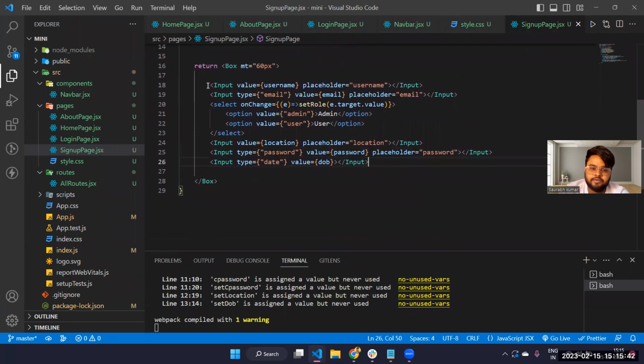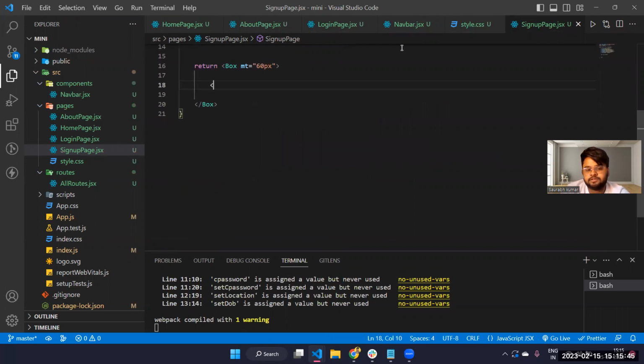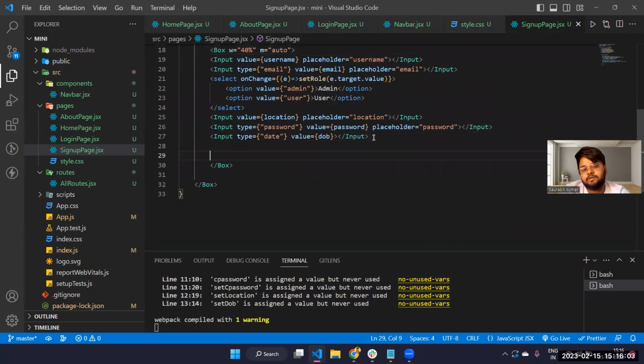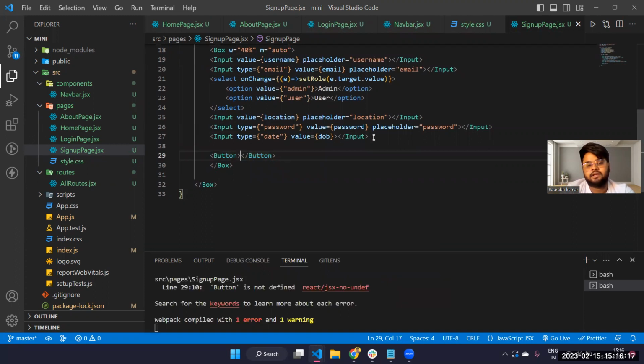We can keep these all in one box. So let's just say keep in box and put all the things. We can make width should be 40% and margin should be auto. Let's make a button here. So make a registration button, and we can say sign up, and we can check